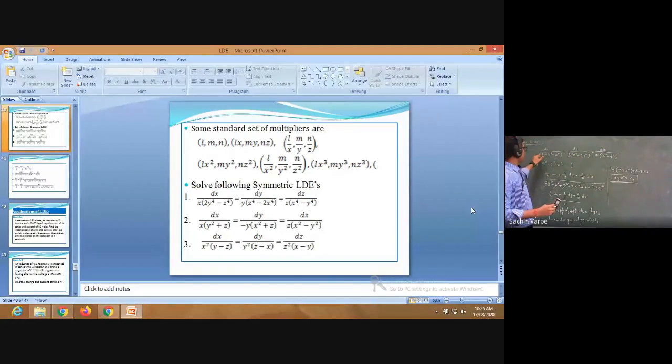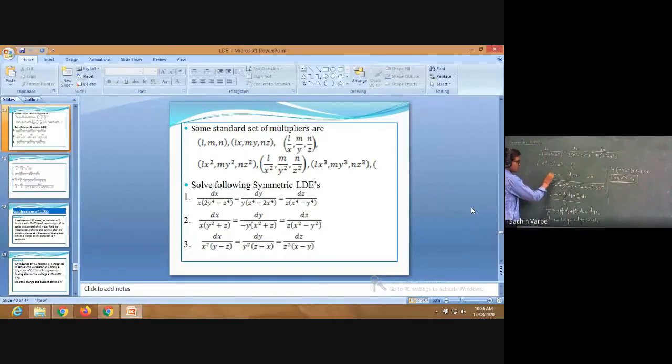Now, x raised to 4, z raised to 4 will get cancelled with this, because this is minus and this is plus. Right? Then here, y raised to 4, z raised to 4 will get cancelled with this. So yes, it works: x cube, y cube, z cube. Please check. Try your own, so that you will get the idea of what we are actually doing.